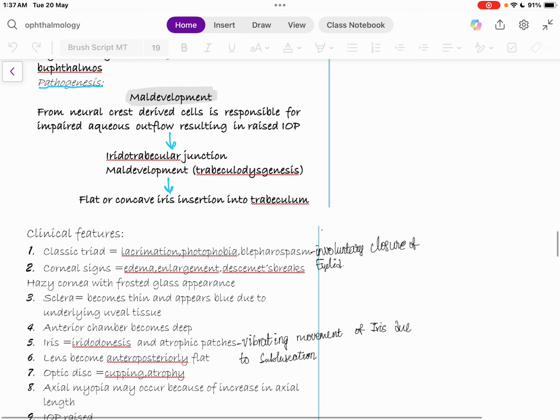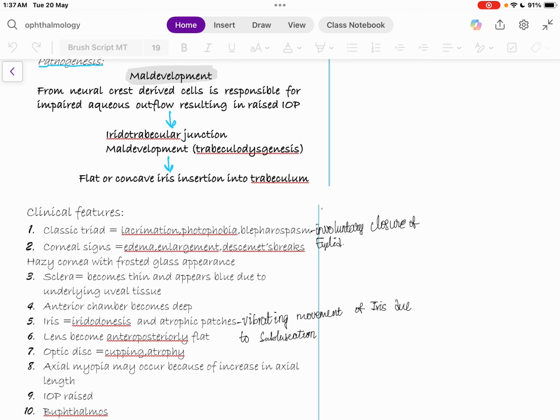Classic triad of buphthalmos: lacrimation, photophobia, blepharospasm. Blepharospasm means involuntary closure of the eyelid. Corneal signs include edema, enlargement, breaks in Descemet's membrane, and a hazy cornea with a frosted glass appearance. The sclera becomes thin and appears blue due to the underlying